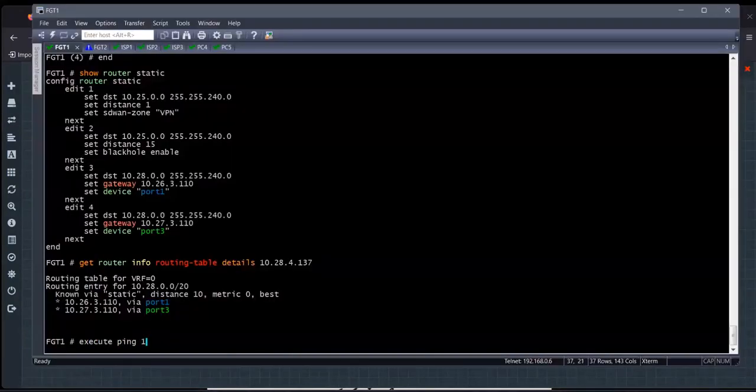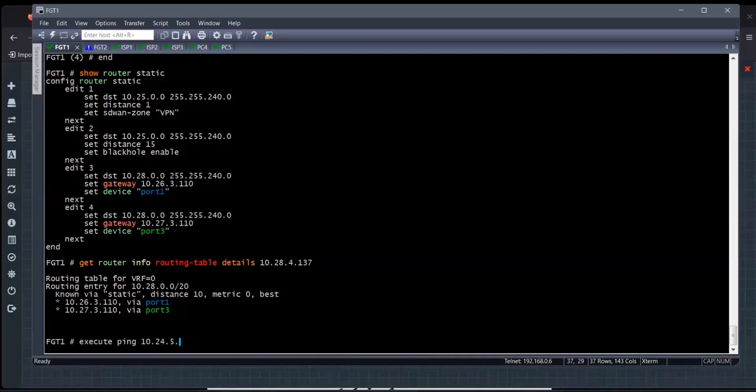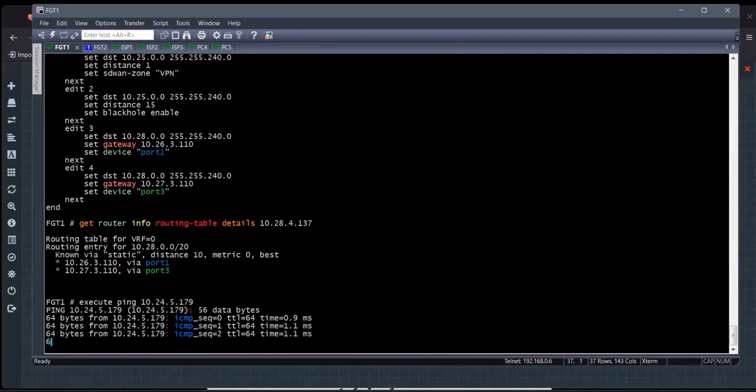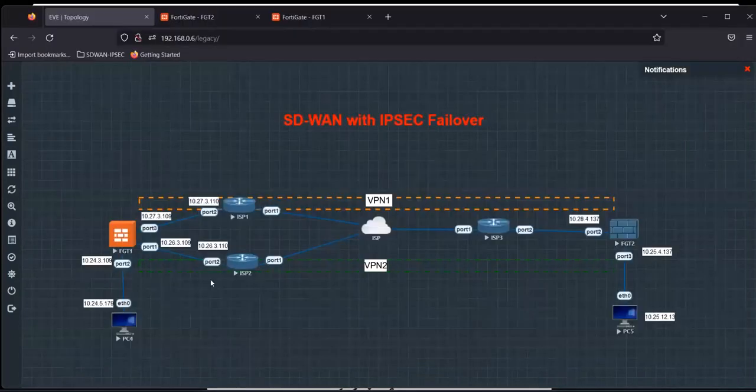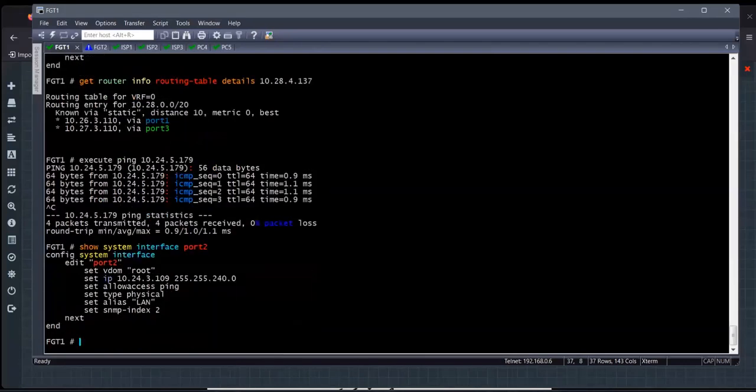Execute ping 10.24.5.179. I am able to ping, so I do not feel there's a problem over there. Okay, so I'll check show system interface port 2. I do have an IP address as well, so that's good. Then what's the problem? I do have a route as well, so get router info routing table details